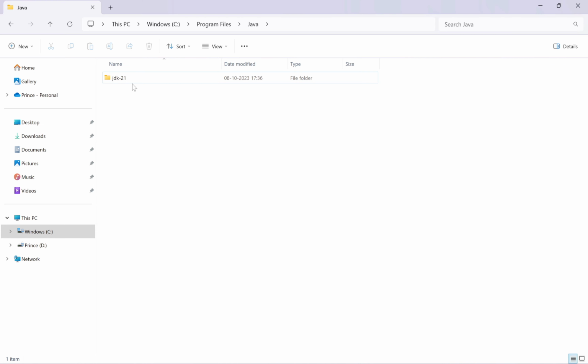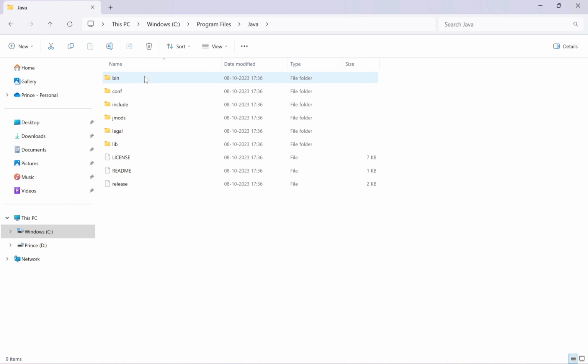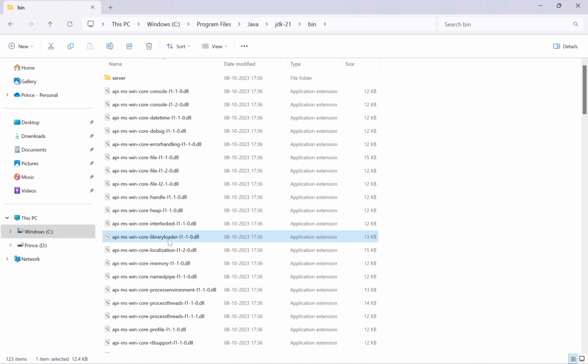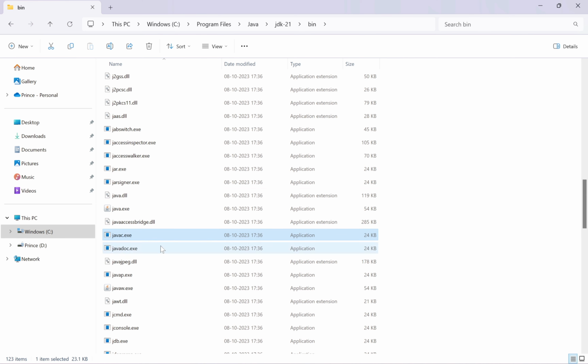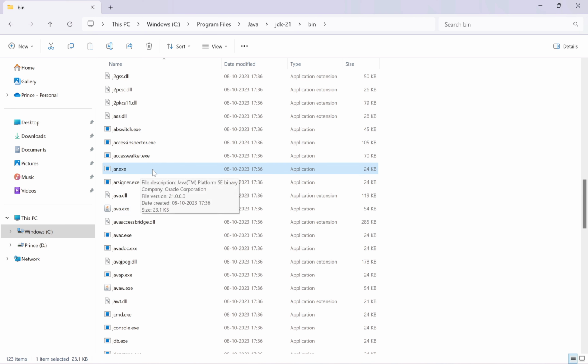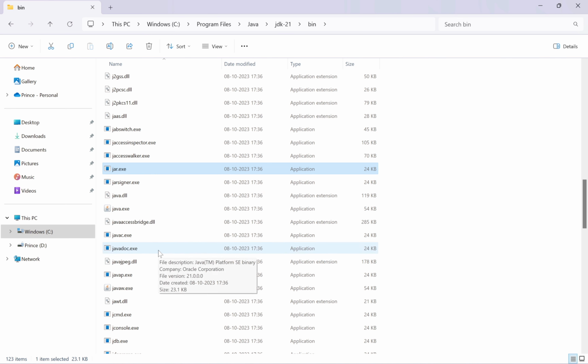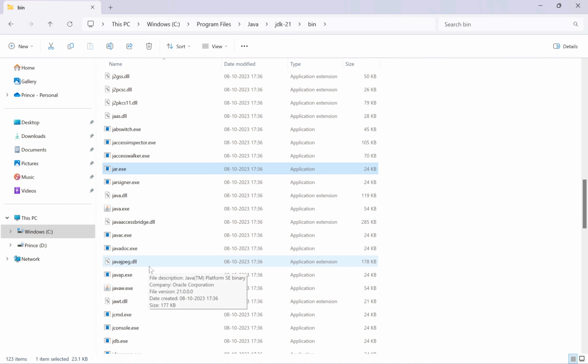So here, JDK 21, most probably in the path Program Files, Java. If you go inside it, inside bin, and search javac, this javac.exe is the Java compiler. This javadoc.exe is the Java document generator. This java.exe is the Java interpreter. This jar.exe is the Java archiver for managing jar files, and so many more. So these are some of the development tools available inside the JDK. I wanted to show you this practically so that you have more understanding when I explain it in the diagram.